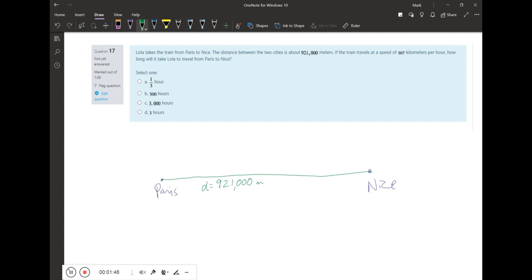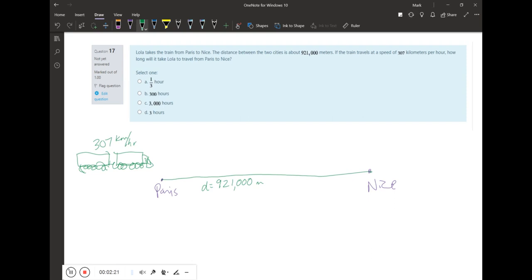It says the train travels, so we have a train. No, it looks more like a truck, but you know what I mean. Doesn't know how a train looks, something like that. And so we have a train, and it can go 307 kilometers per hour. Okay. And we're going to figure this out here. Okay, so